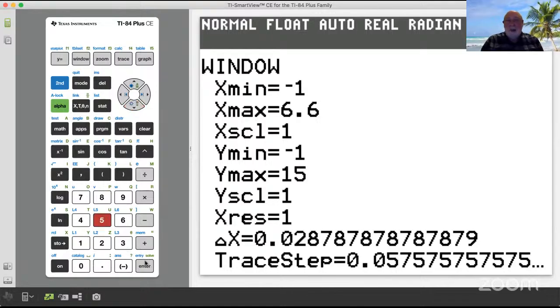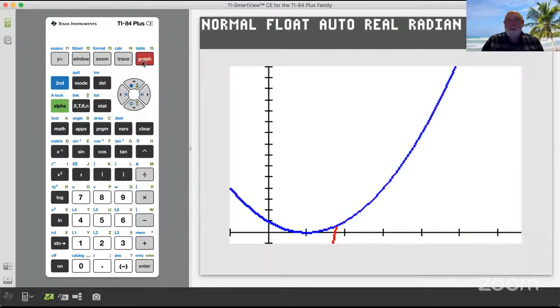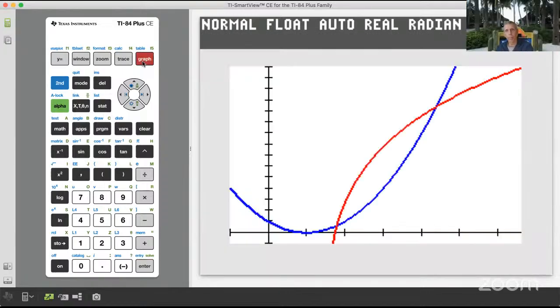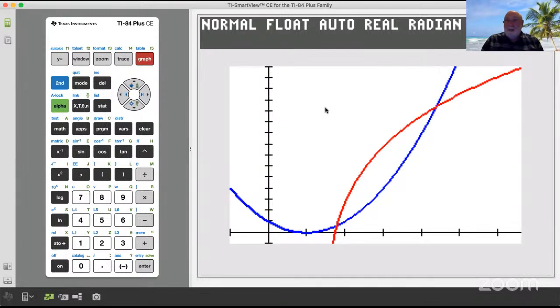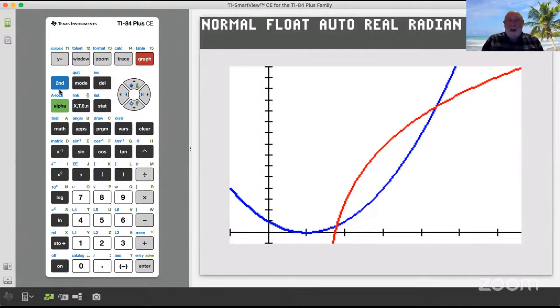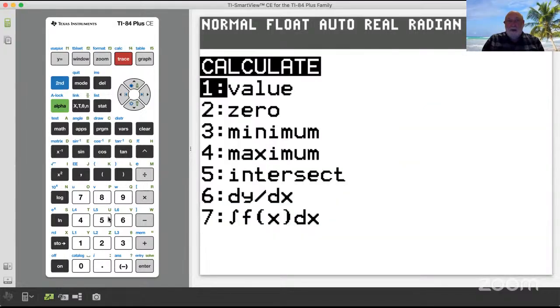Just so we get a window where things will show up. Okay, there we go. It looks like a pretty good graph. And as I said here, there's a couple of intersection points here that are not going to be at particularly nice decimal values, but we can calculate those by going to our calculate menu, do an intersection,